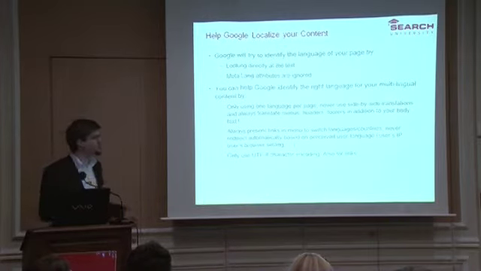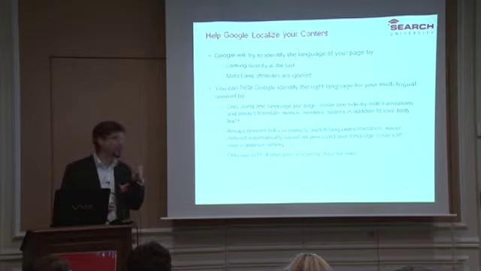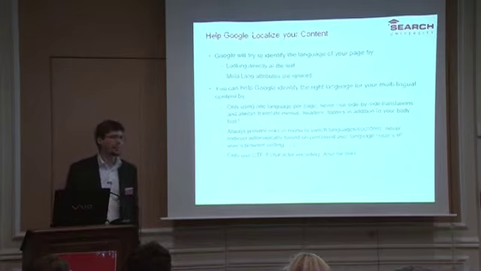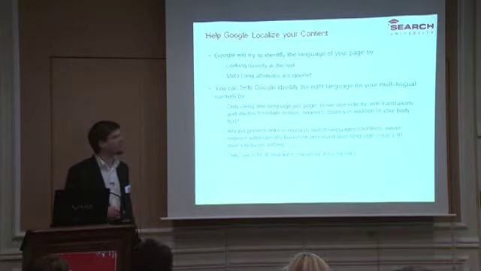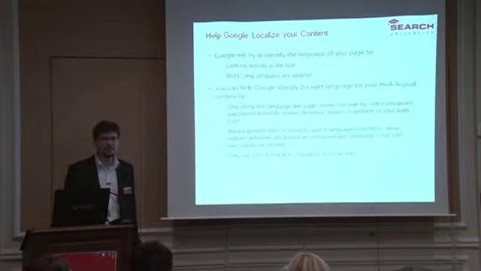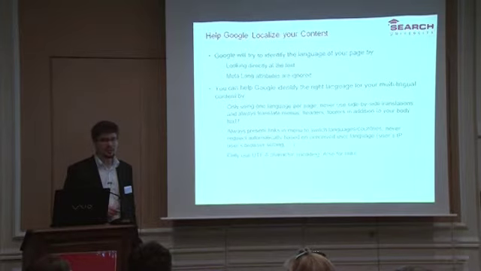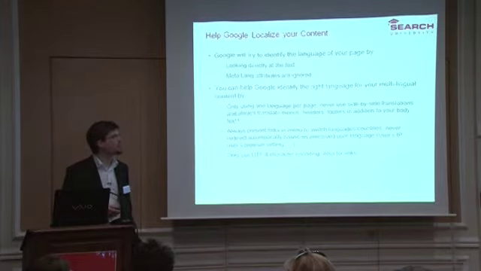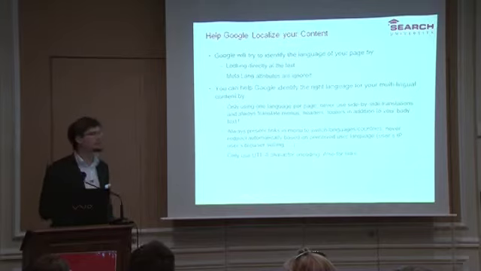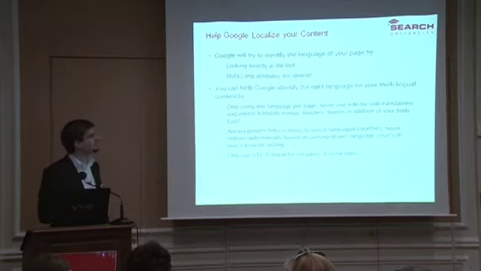So this addresses the countries. What about the language? Well, the main way, and it's the obvious one, how Google identifies the language of your page is by looking directly at the keywords that you use in the text. So if your text is sufficiently long, more than one keyword, let's say, it will pretty much always use the right language for your page. So it will know that it is a page in French, it will know that it is a page in Dutch. It's actually pretty good at it, as long as you have enough text,